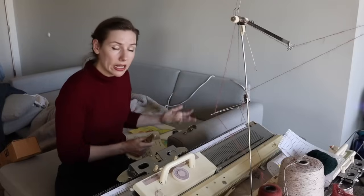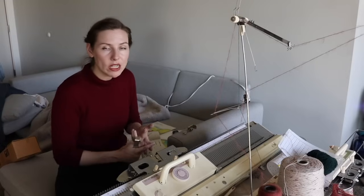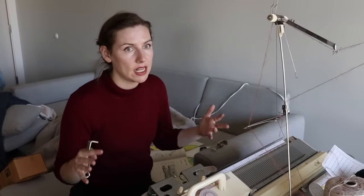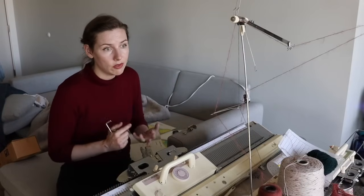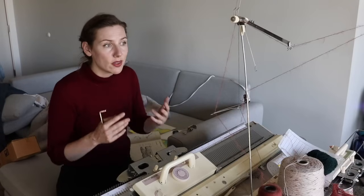It's not just the knitting learning curve, but also the learning curve of if you get a machine and it's not in perfect working order, how do you fix it? What do you look for? Where do you get your parts? So it's not just the knitting side of it, but also the maintenance of a machine side of it. With my antique machines, both my sewing and my knitting machines, I'm actually trying to find a metal fabricator to help me create some pieces that I just can't find anymore